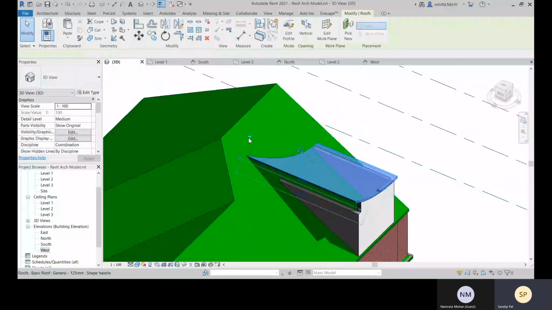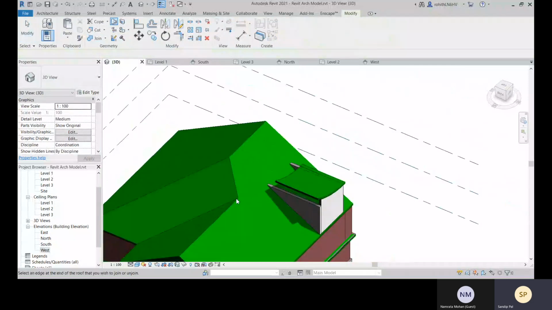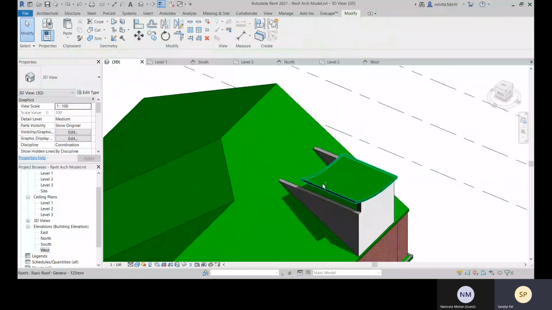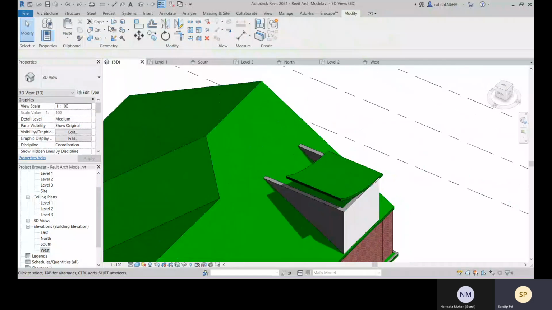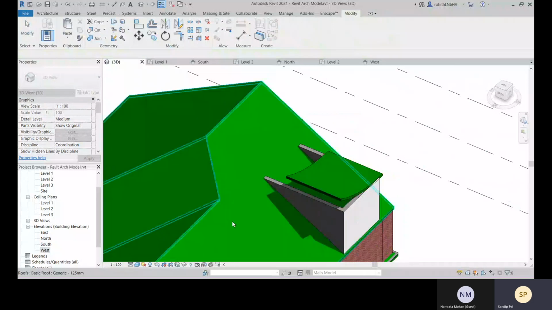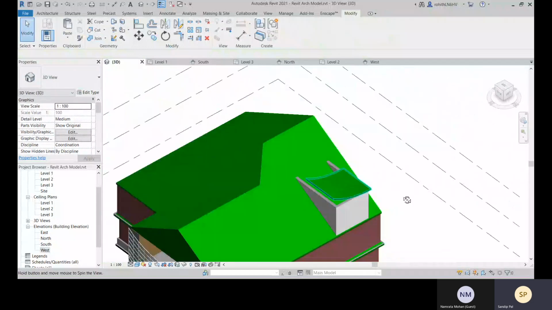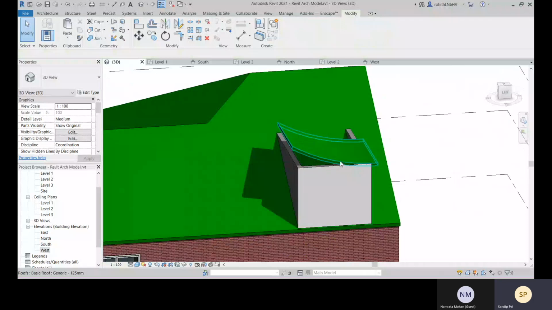So you create like this, go with this join unjoin roof, select one, select this. Okay, maybe because of this,